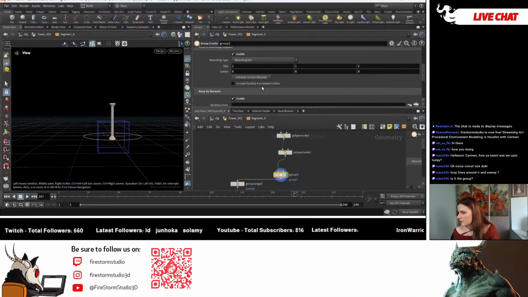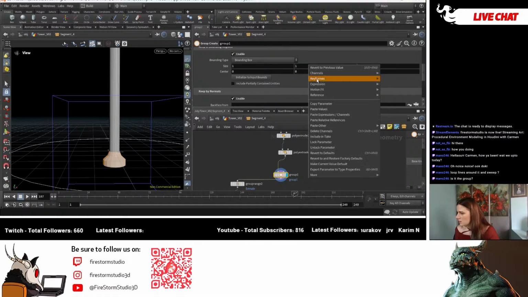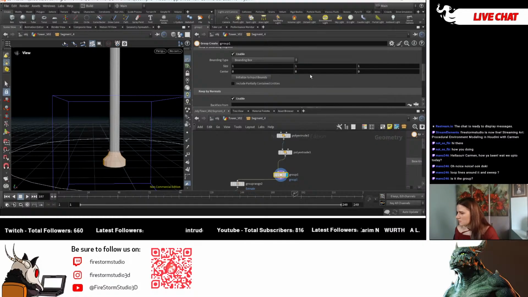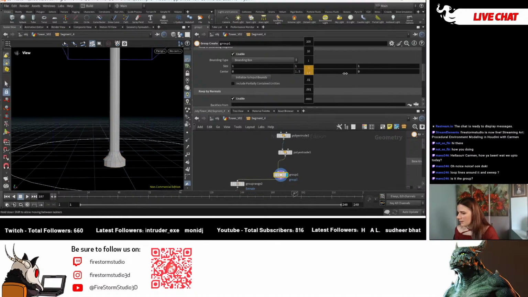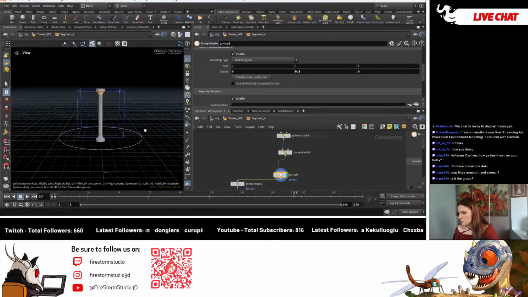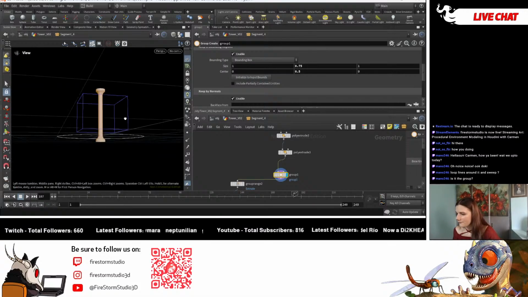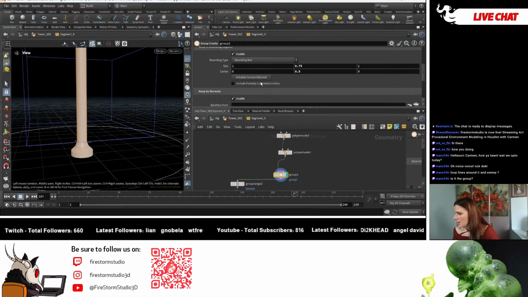Right. Let's do that. In terms of the center, we probably want to copy that parameter. Now we're just going to manually move it. I don't plan to change this pillar too much, that's fine. Let's do 6, 5 something. Let's do 5. And then in terms of scale, let's do 7, 5. Right. Now,